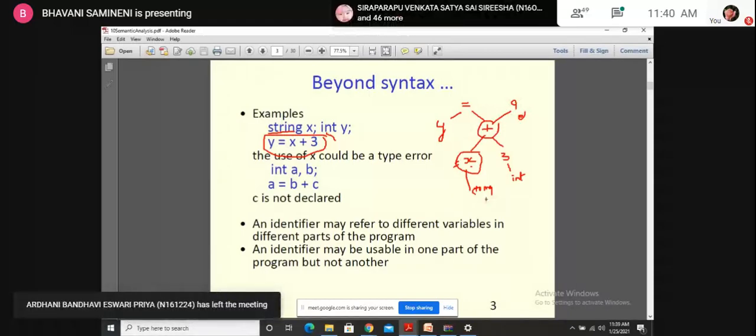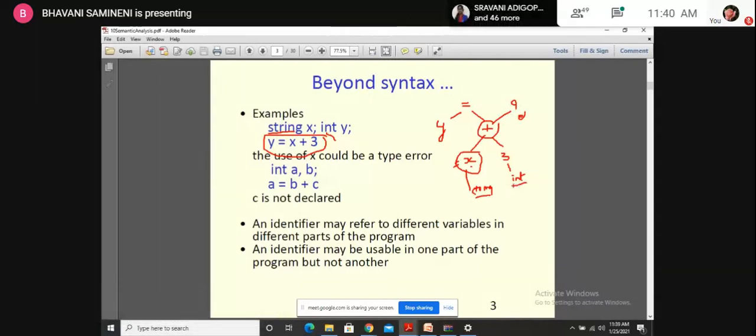So here we have a string and an integer. If there is an implicit type conversion, that can be performed here. And if the entire expression is converted into an integer, then there will be no error.